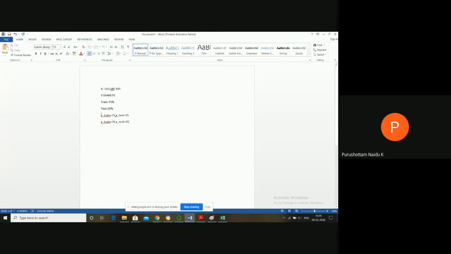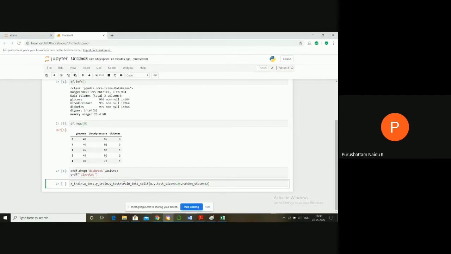We have to categorize the number of training samples without y, the number of training samples with y, the number of test samples without output, and the number of test samples with only output. That is x train, x test, y train, y test. These are the parameters we used here: x train, x test, y train, y test.